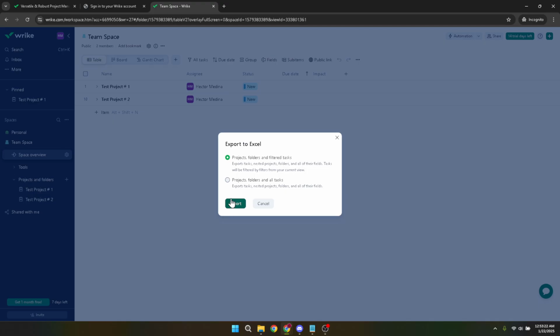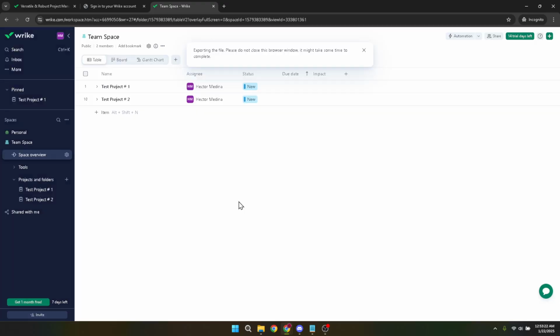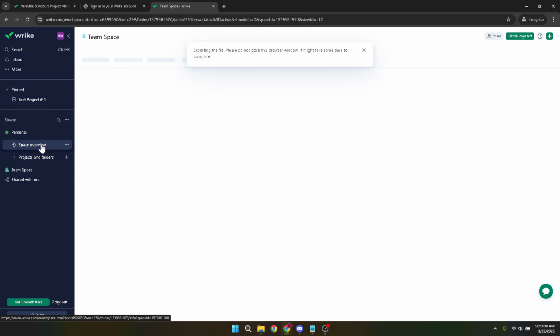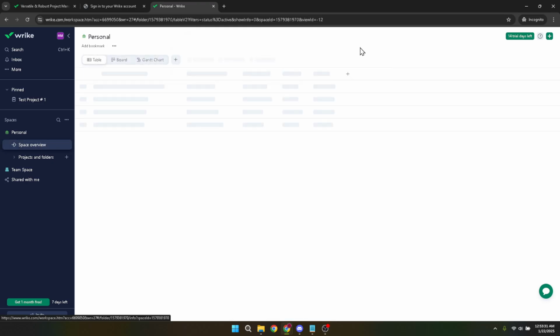As a final step, it's time to import your data into a new space. The process is almost identical to the export process we just went through. In your new Wrike space, instead of exporting, you'll choose Import from the menu. Then locate and select the Excel file you just downloaded. Importing your data this way transitions all your content smoothly into the new space, keeping all your tasks and projects